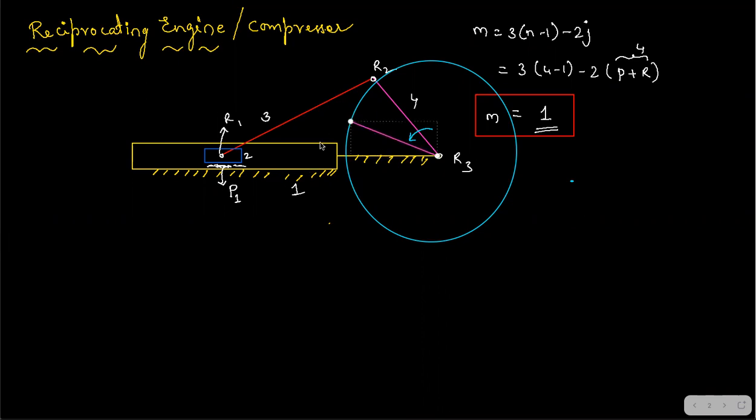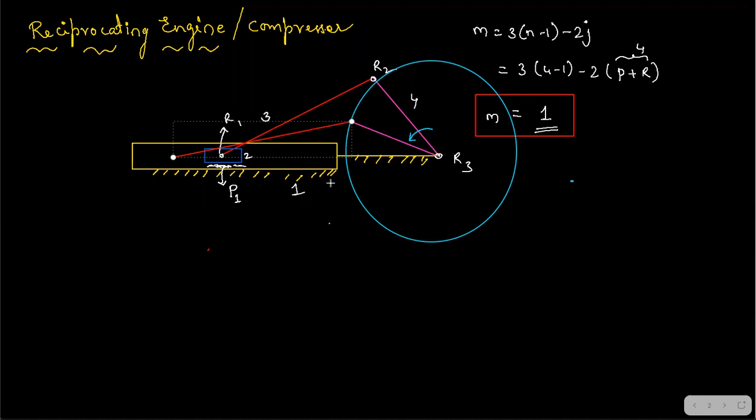Now if it is turning here, what will happen to link 3? Will it not push link 3 further? Yes. See, the slider can only slide here, so it is going to push link 3 further. Once it pushes link 3 further, what will be the new position of the link? Maybe somewhere here. Lengths won't change; the length of a link can never change. So this is the new position.